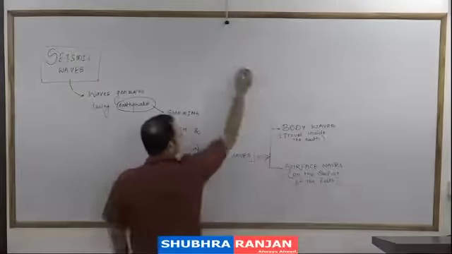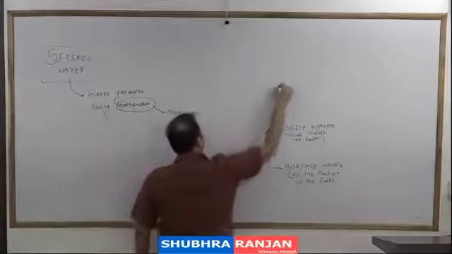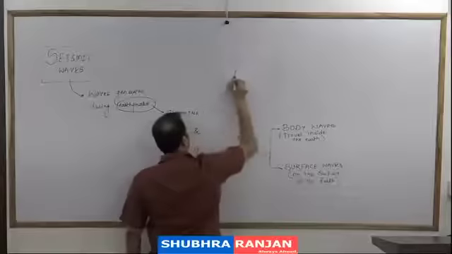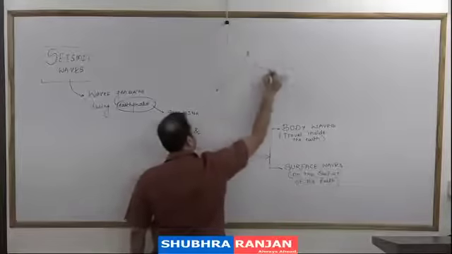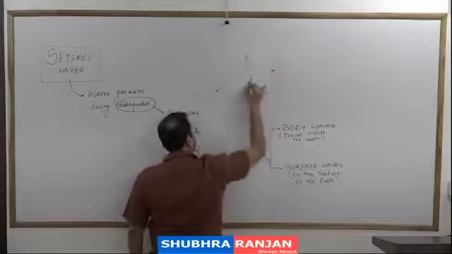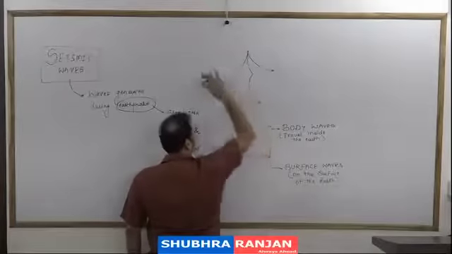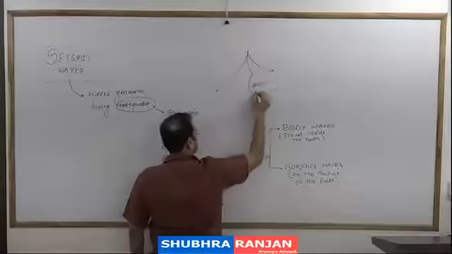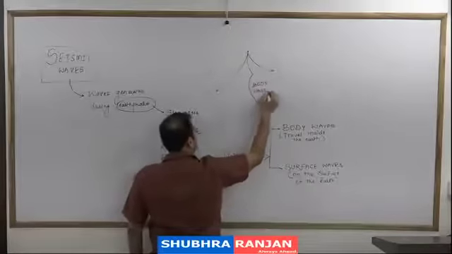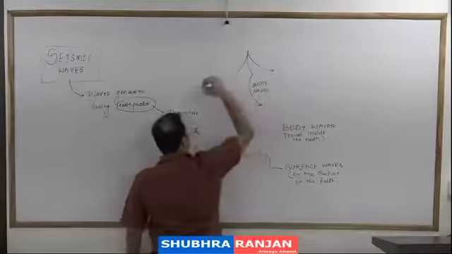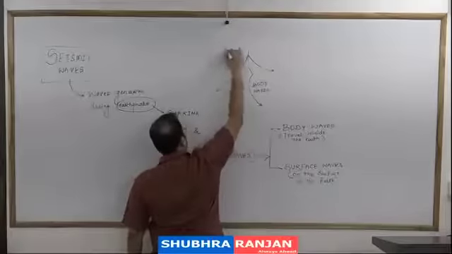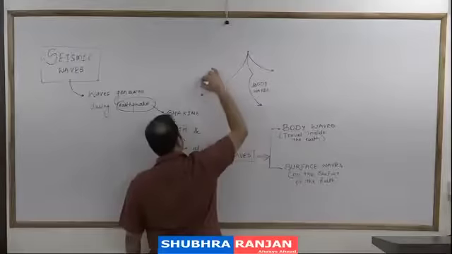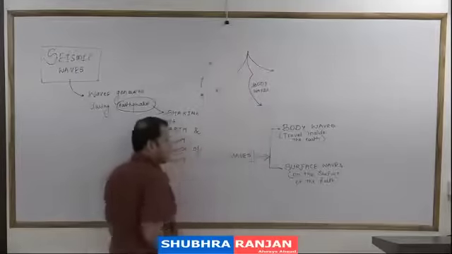So if we consider this as the earth, there are some waves which are generated inside the earth, and we will call them, this is inside the earth, so we will call them body waves. And there are some of the waves which are generated on the top of the earth. They travel on the surface where we are staying, and we will call them the surface waves. So this is a diagram of surface waves.